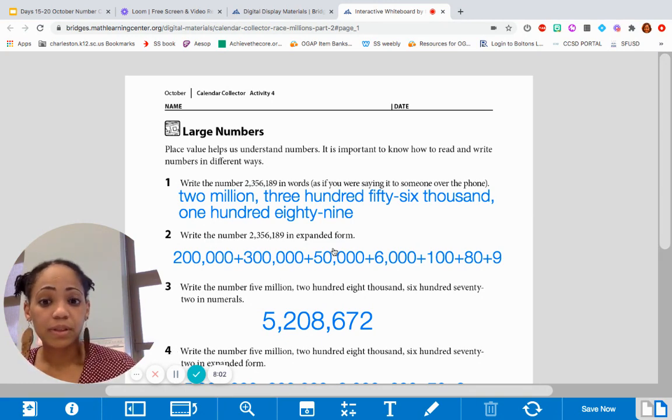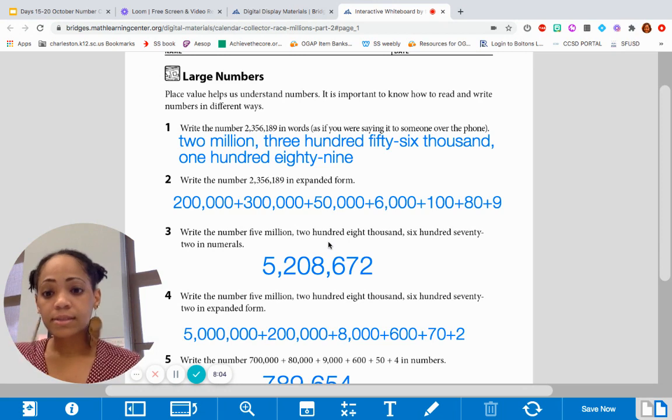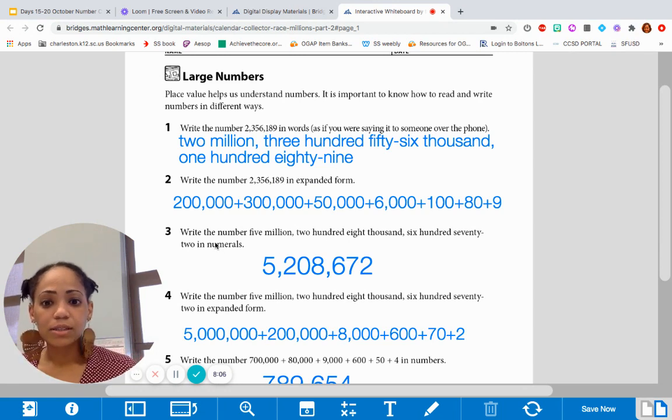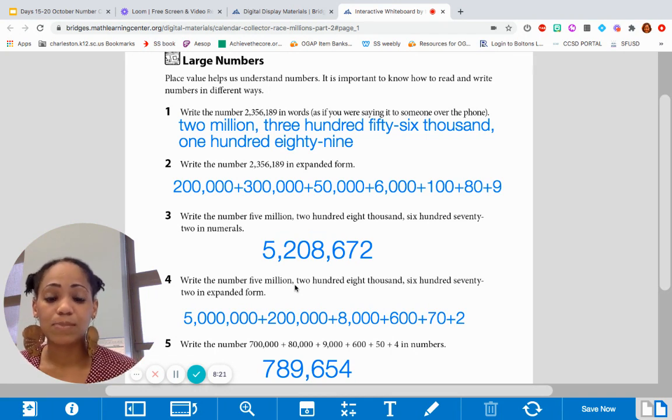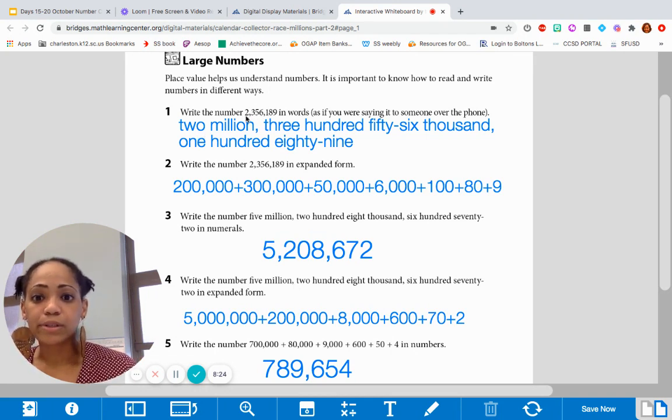One thing I thought about while looking at this workbook page is when they ask you to write a number in expanded form, it may help to actually write the number out like you would see it in standard form before you write it in expanded form to make sure that you've written the number correctly. So you've read it correctly, you've written it correctly, and now you can expand it. So here's the number,